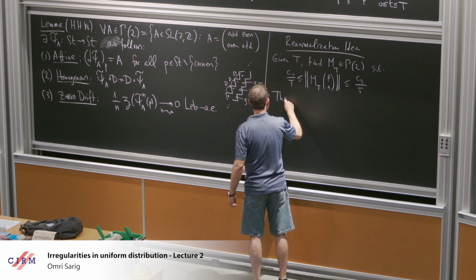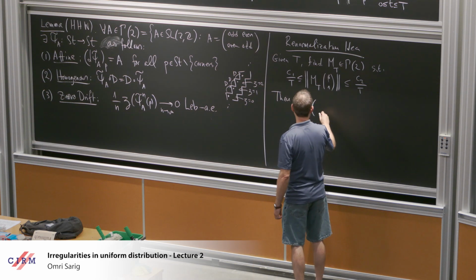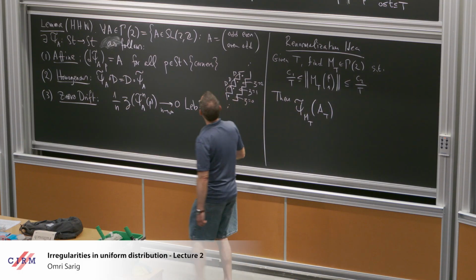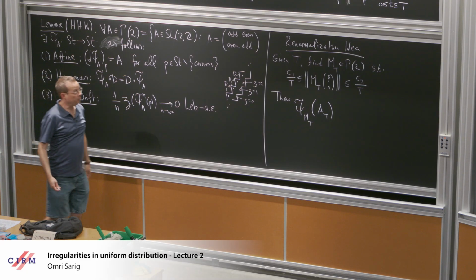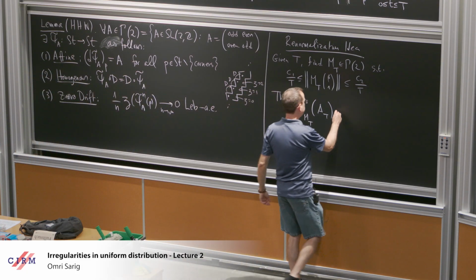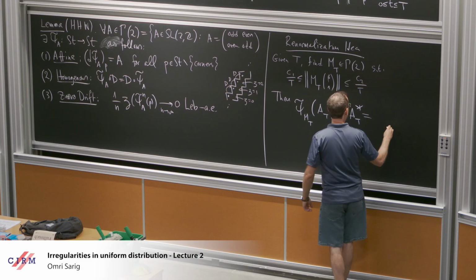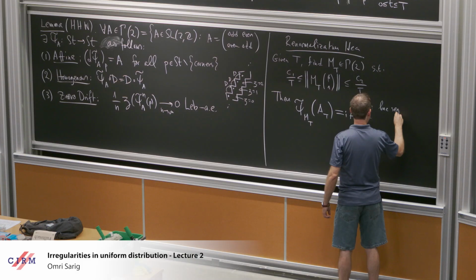Then psi, the automorphism with this matrix, when you apply it to AT, the orbit up to time t, will be a line segment